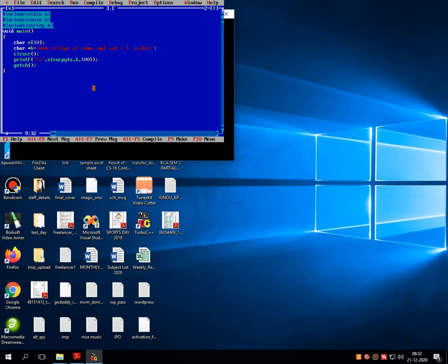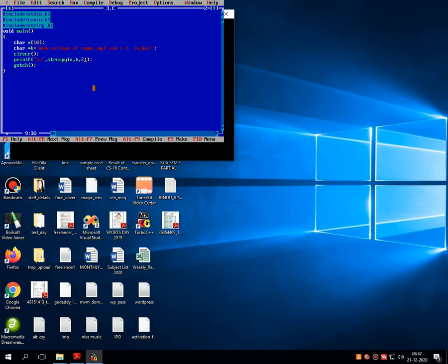Let me repeat the theoretical session of strncpy. strncpy is similar to strcpy. It copies the content of the source into the destination, but the difference between the previous example and this one is that strncpy copies character by character from source to destination.